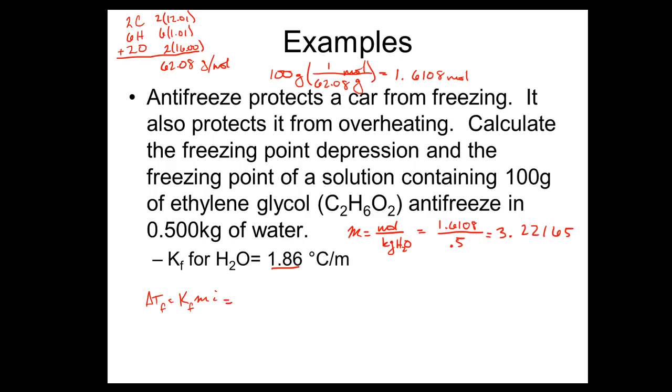All right, and then finally our Van't Hoff factor. Now ethylene glycol is molecular. This guy here is molecular, so it's got a Van't Hoff factor of 1 because it doesn't have any cations or anions, so it's not going to break up into anything. So our Kf is 1.86. Our molality is this guy here, 3.22165, and our Van't Hoff factor is 1. So we're going to take 1.86 times our molality times 1, and I got